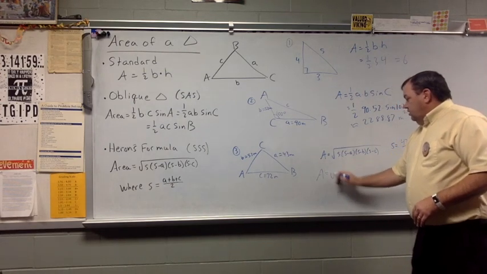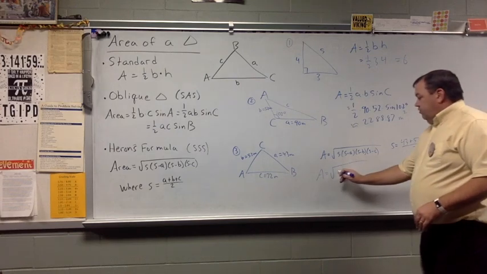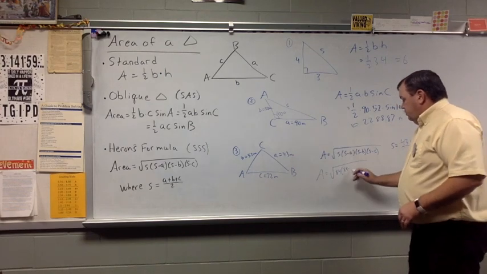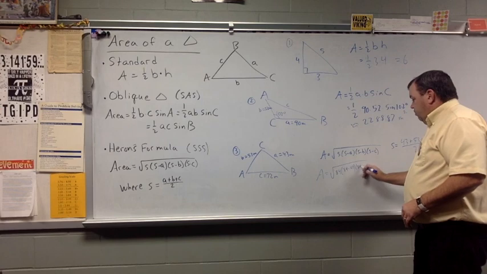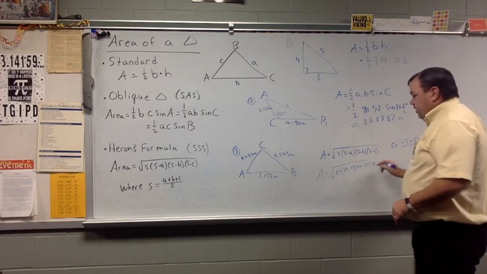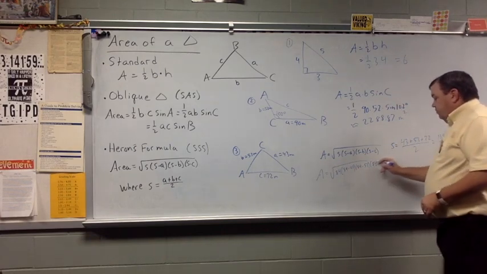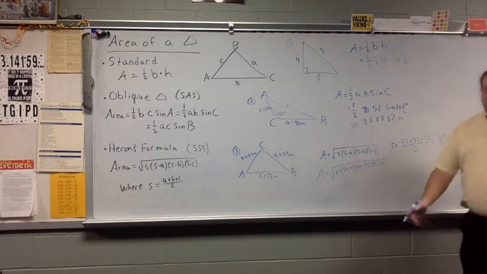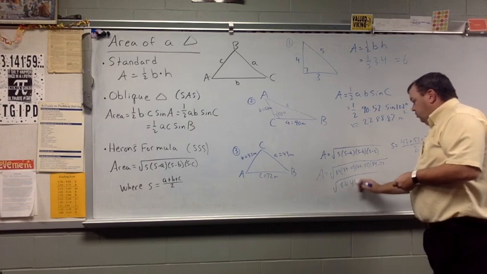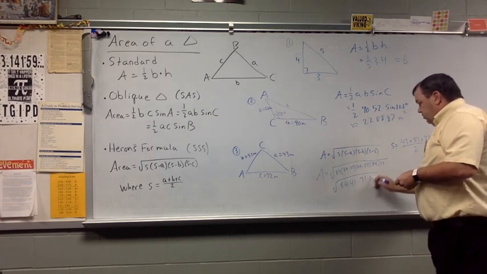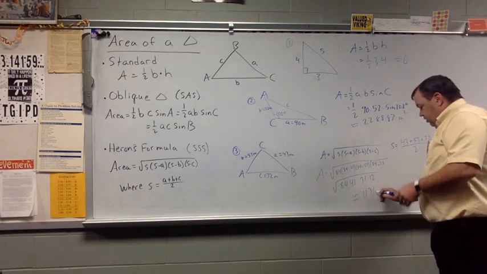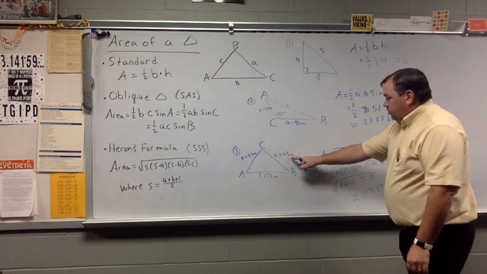Now I can apply Heron's formula. Heron said A is S, which in this case is 84, and then 84 minus A, 84 minus B, and 84 minus C. Multiply those four numbers and then square root them. So I'm going to square root 84 times 41 times 31 times 12. I'm going to get an area of 1,131.89, and my label again is square